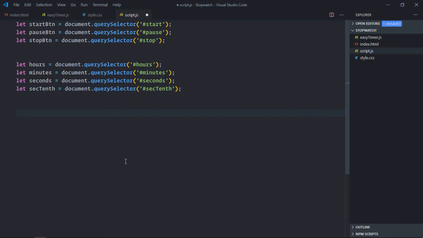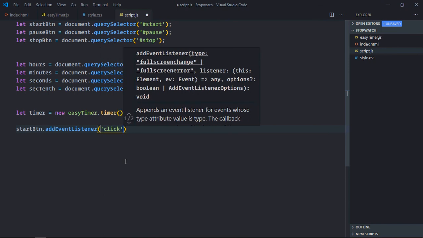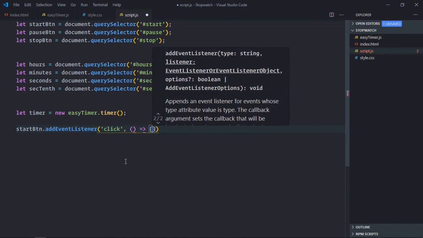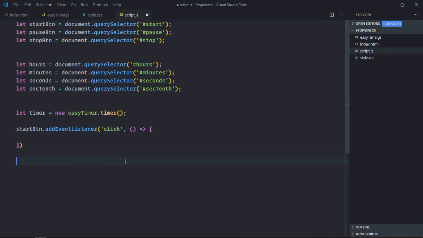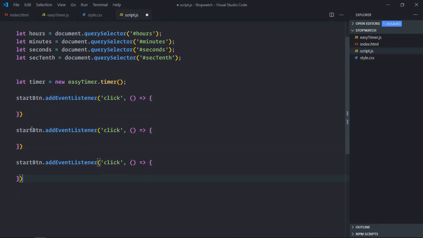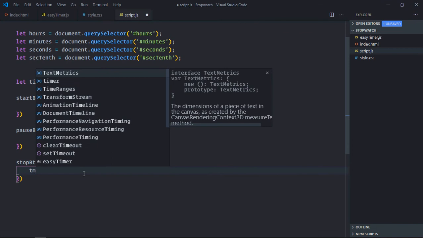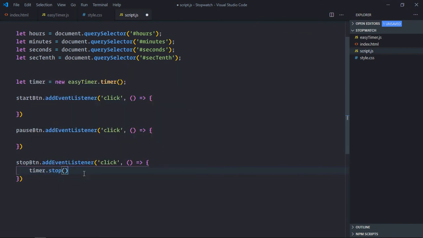Now the first thing which we have to do is to initialize the timer. So it will be EasyTimer.timer. Now let's add the event listener to the buttons. Event will be click. Let's copy and paste it, and here it will become pause, and here it will become stop. Here we'll call timer.stop method to stop the timer. Here it will be timer.pause,